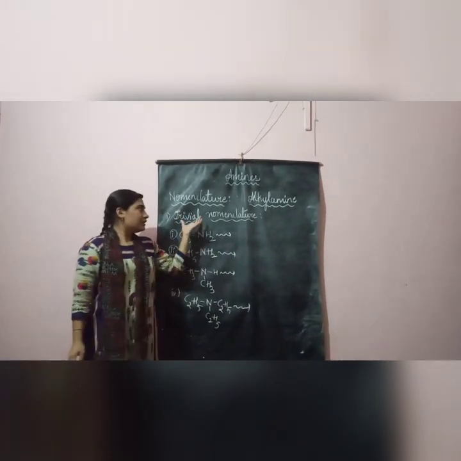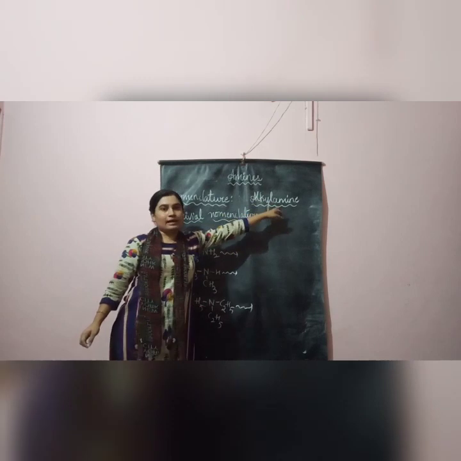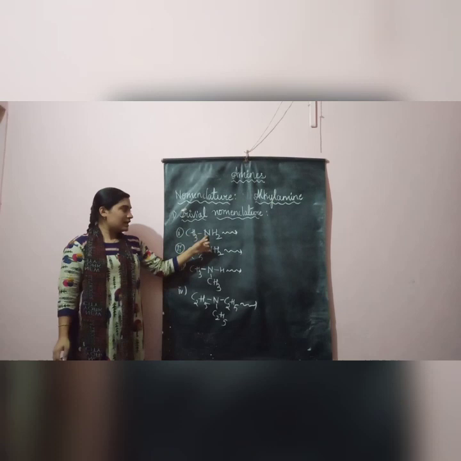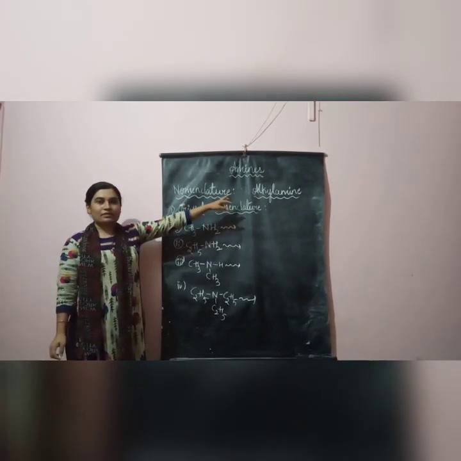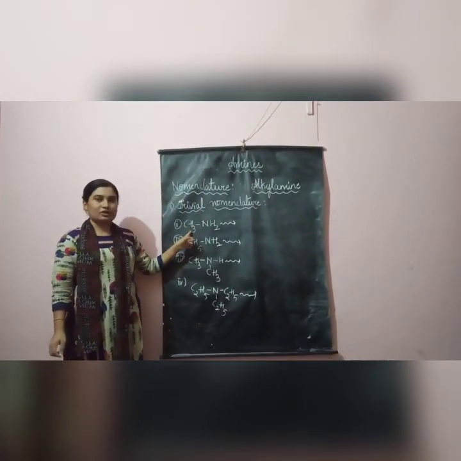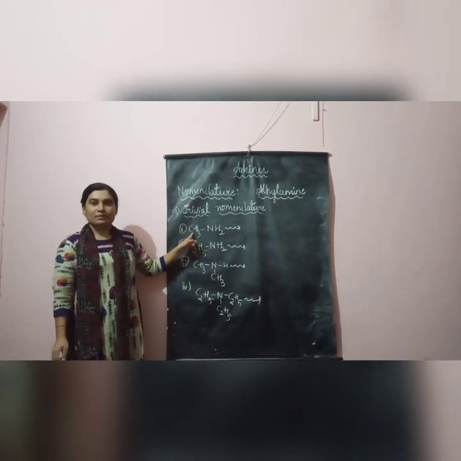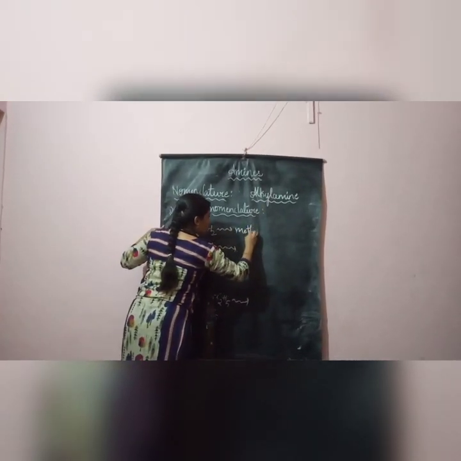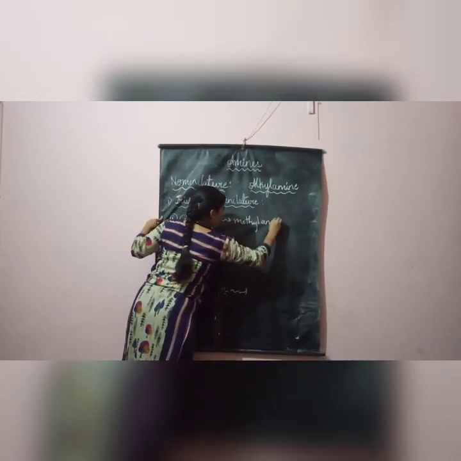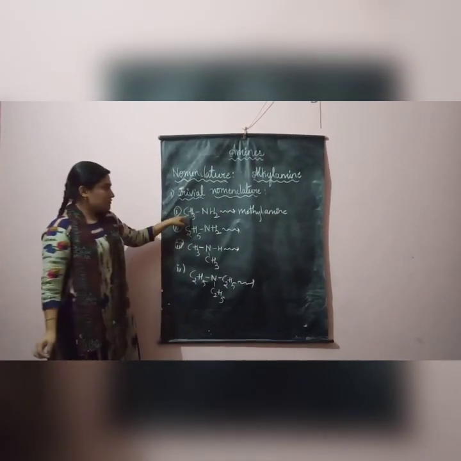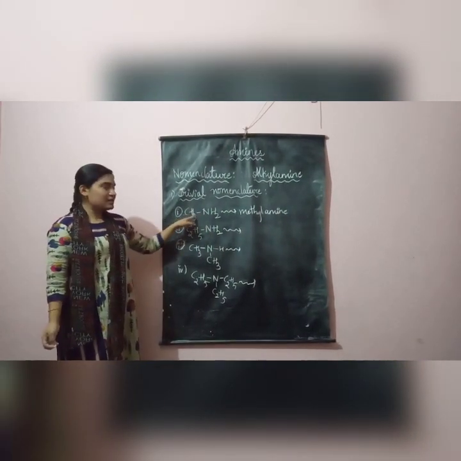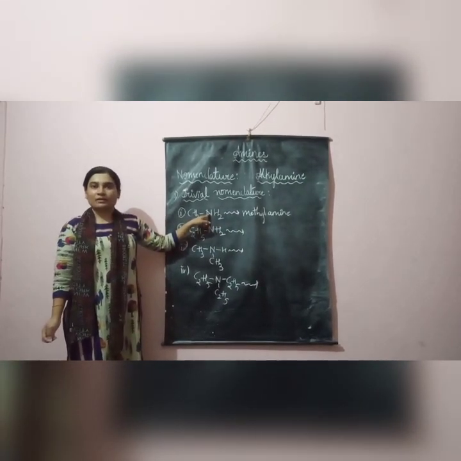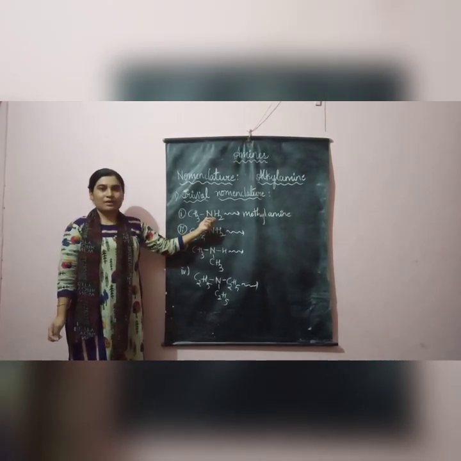So I have already told you trivial nomenclature follows the format alkyl amine. Let us solve some examples on that, how to name. First look what I have written, CH3NH2. I have to write in the format of alkyl amine. So what is the alkyl group here? CH3. CH3 is named as methyl. So it will be named as methyl amine. The common nomenclature for CH3NH2 is methyl amine. So tell me, is this primary, secondary or tertiary amine? You will have to remember it is primary amine.